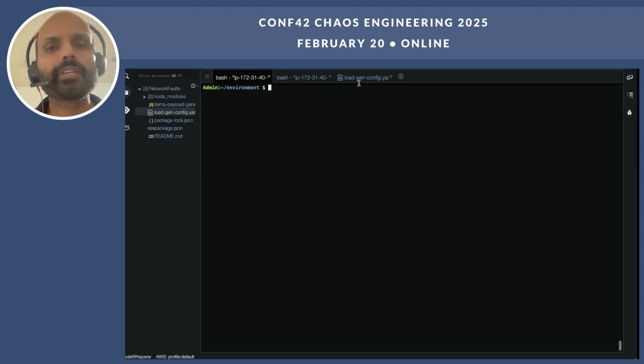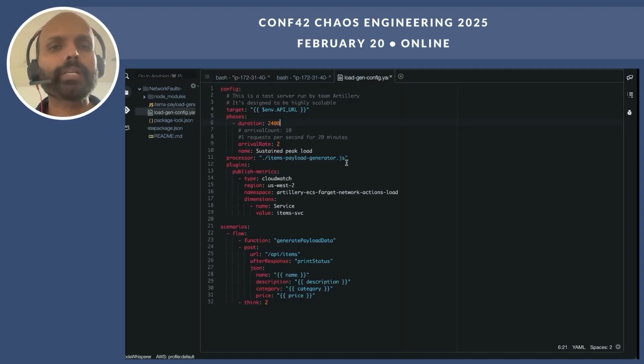So in our case, for this sample application, I'm going to be using the open source tool called Artillery to generate some synthetic load against our API. Basically, it's just going to do a POST action against our API endpoint for 20 minutes.